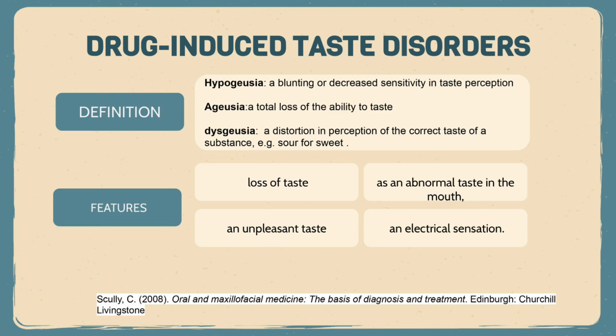These tests will be done by using 4 standardized sizes of filter paper that will be soaked with a strong concentration of 4 basic tastes and placed randomly on the 4 quadrants of the tongue and both sides of the soft palate. The patient then will identify the quality of the taste and rate the intensity with a number from 1 to 10, with 10 being the strongest.